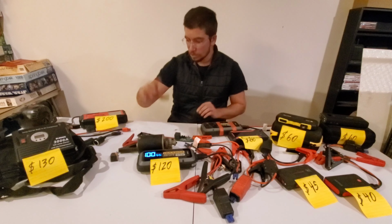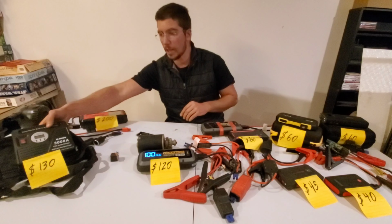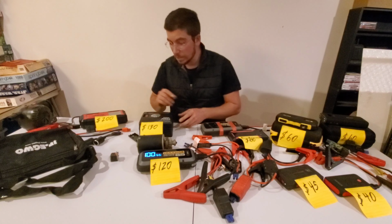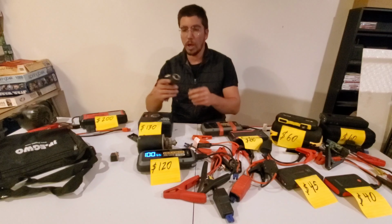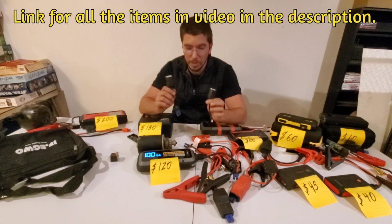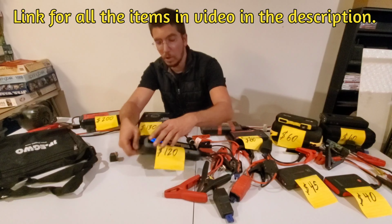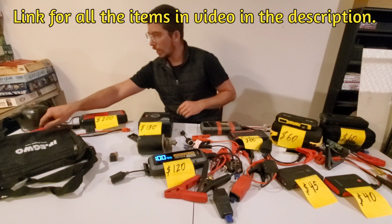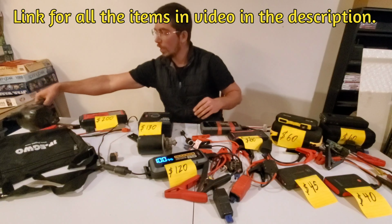While we take a chance to set this aside and look at this unit, for 5 seconds we will talk about why the HULKMAN has an issue. All of these are going to come with these little 12-volt adapters for you, and that 12-volt adapter is really cool. If the HULKMAN is on and I plug in my 12-volt adapter, I can come over here and plug this in and